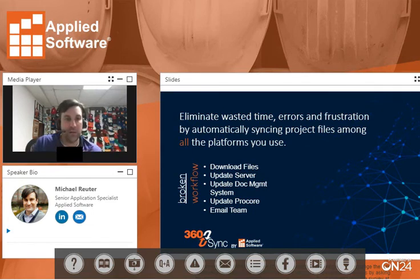Underscore versus dash, I'll answer that one in a second. I was tasked with coming up with a folder structure for all this, and basically what I found was simplicity was the key. But